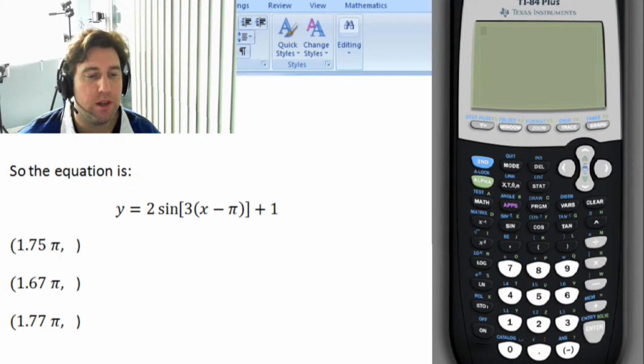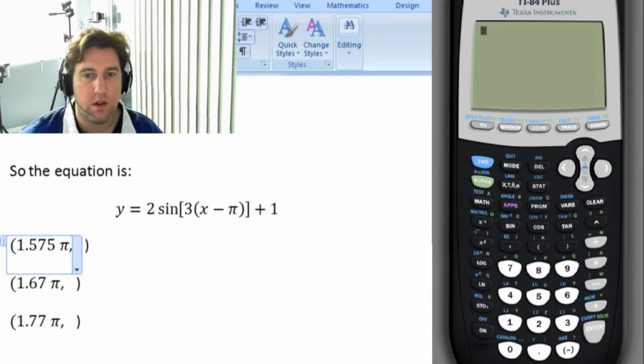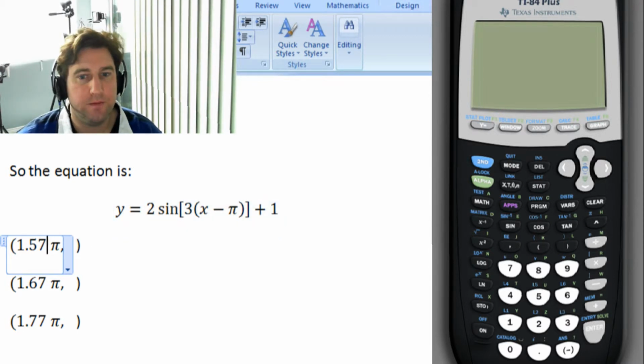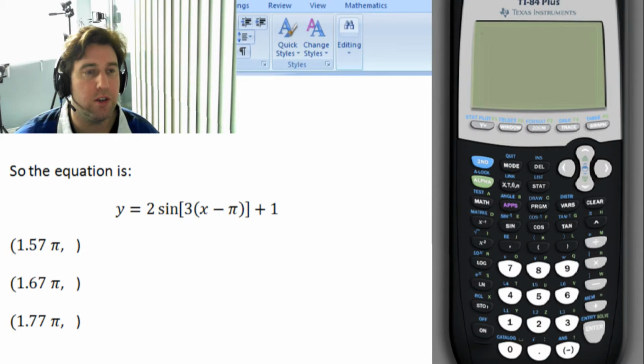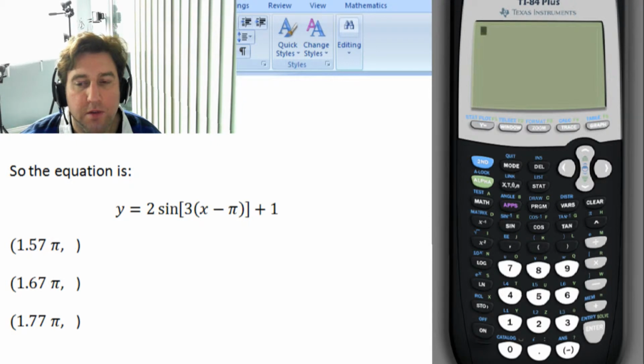The first coordinate is supposed to be 1.57, so let me change that. There we go, 1.57 pi. I'm going to go through these and show you how to do each coordinate. There's a variety of ways, so maybe I'll do a couple of them a little differently. Okay, so for the first one here,